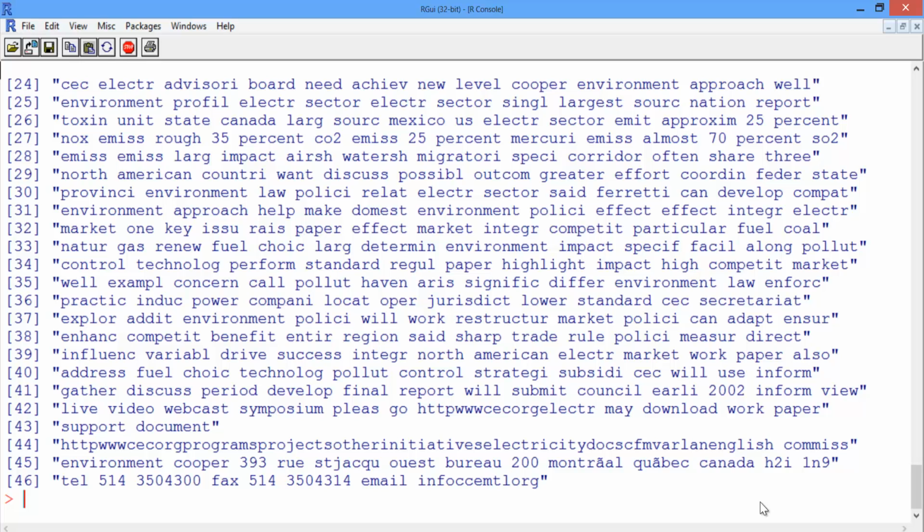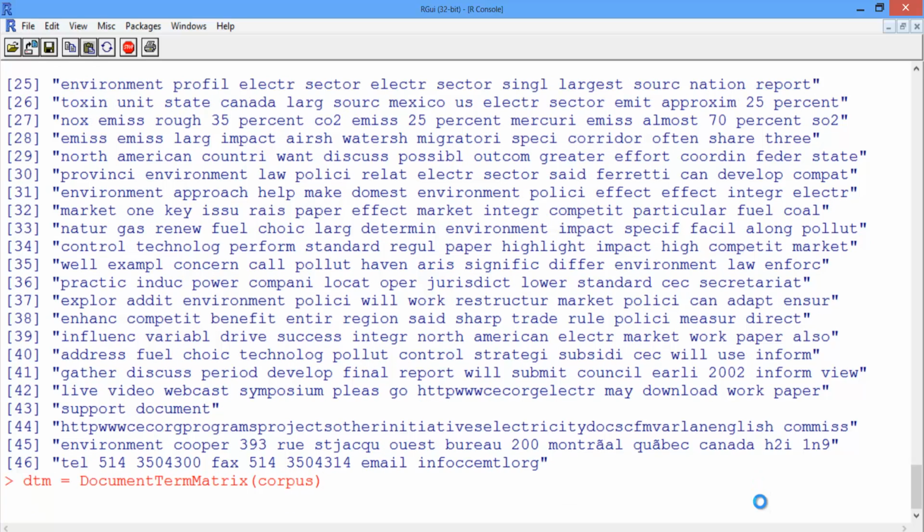Now let's build the document term matrix for our corpus. So we'll create a variable called DTM that contains the document term matrix, which is passed the corpus. And the corpus has already had all the pre-processing run on it. So to get the summary statistics about the document term matrix, we'll just type in the name of our variable